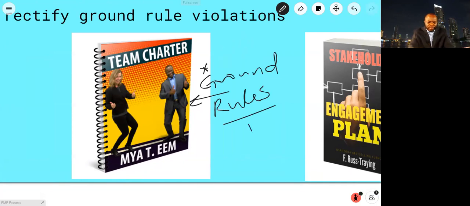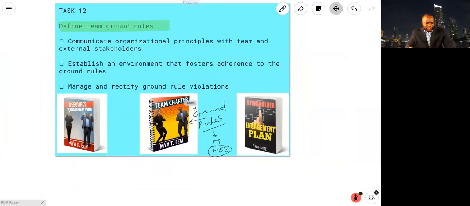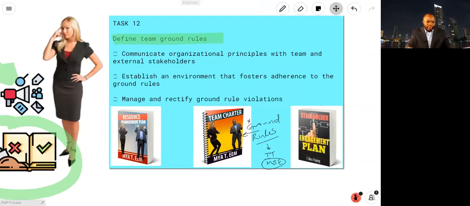You also need to remember ground rules are a tool and technique in manage stakeholder engagement. Okay, you got to remember that. So just know where everything is and you'll be fine on your exam. All right. But going back to defining team ground rules, this is what we do as part of